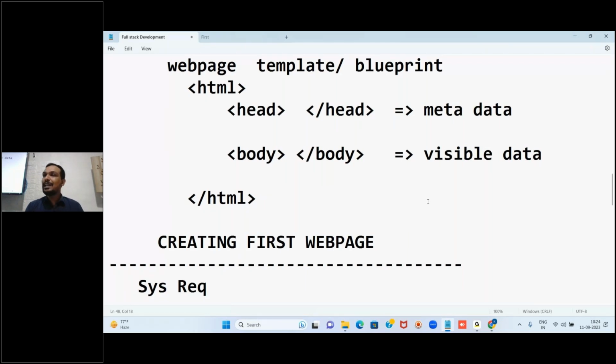All the visible data, the main content, we have to put inside the body tag. And every web page follows this, right? That's the reason if we want to create our web page also, we have to follow this. And to do this, just take one fresh notepad and write this basic template: HTML, close HTML, body, close